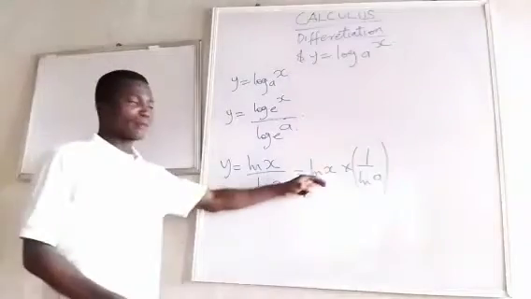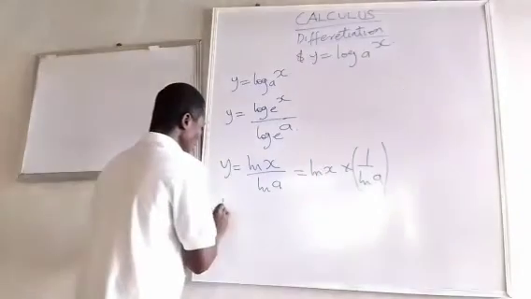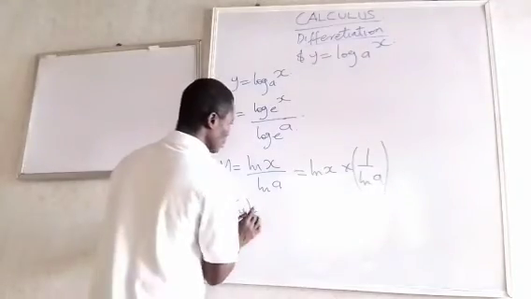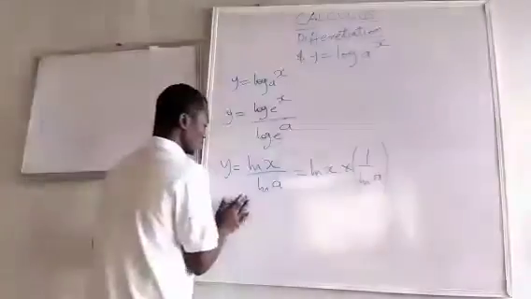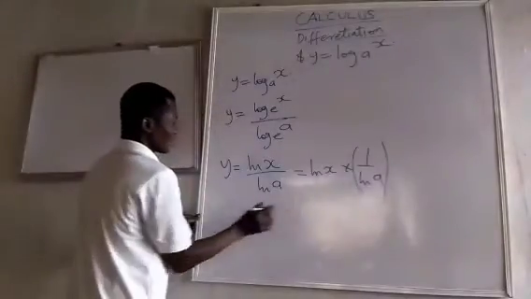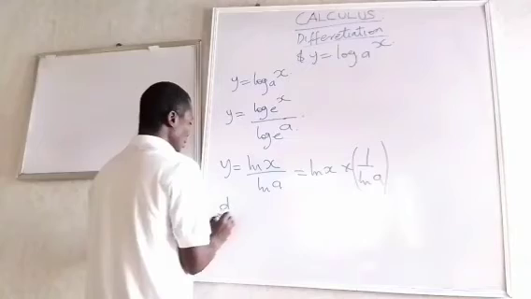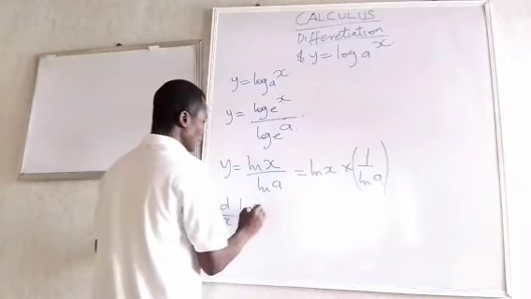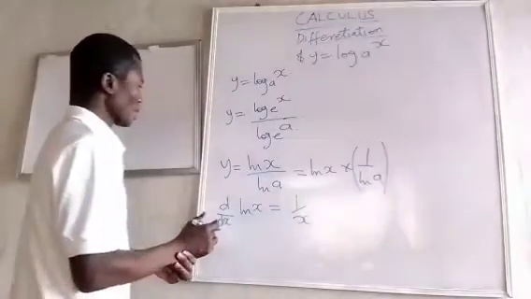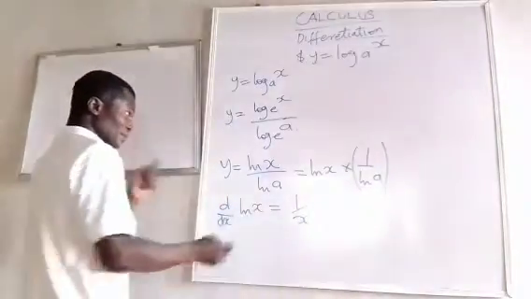Now, we have done this before: d/dx of ln x equals 1 over x. We have done this one before. Therefore, we can now say